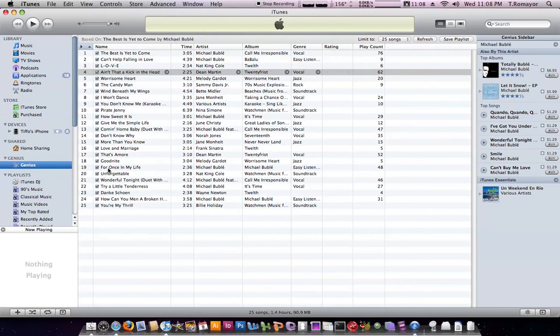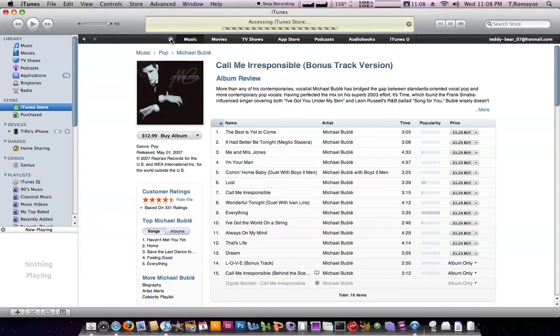Okay, so we looked at home sharing, Genius, and also the syncing. Now let's go to the iTunes Store more in depth. So as we can see,